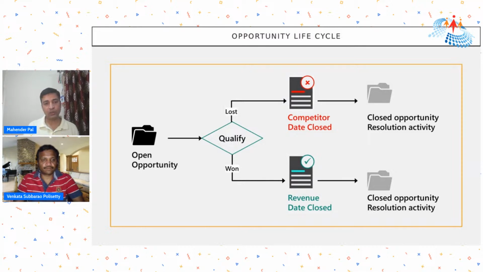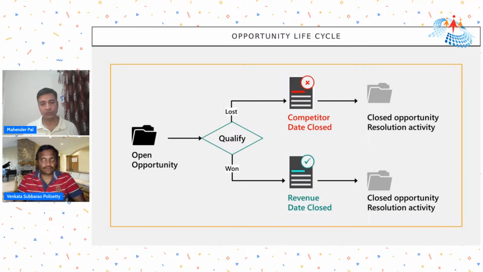Based on all that interaction with the customers, we come to know that they are interested in giving us the business, and they are also interested in our products and services. So definitely we are going to get this business. So we qualify the opportunity as well, just like the lead. This is the second stage of the sales. We qualify the opportunity. If we are going to get that business, we won it